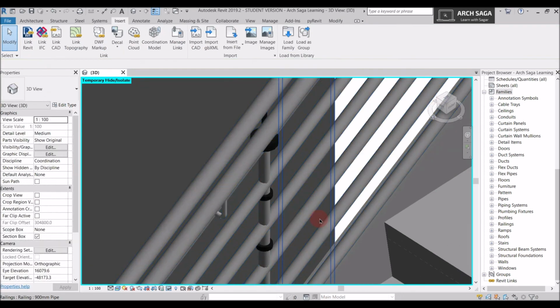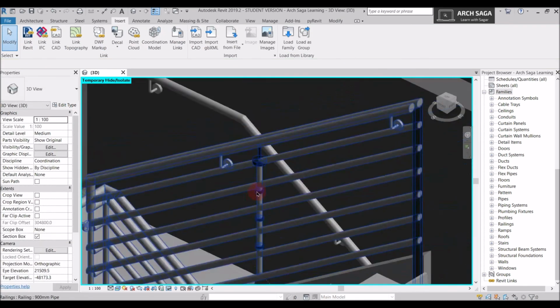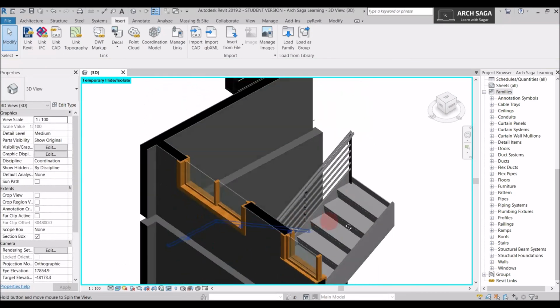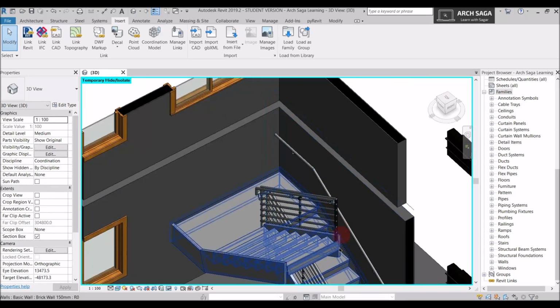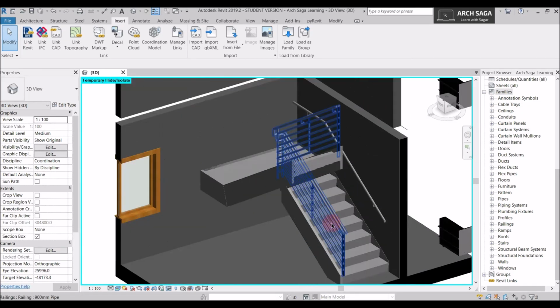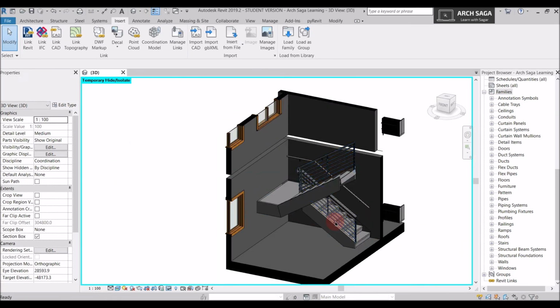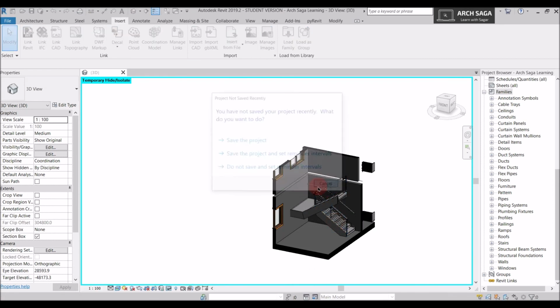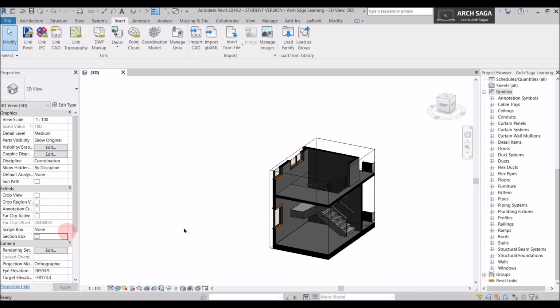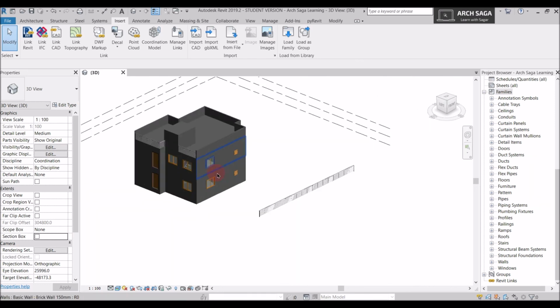And now you can see a new baluster is added. So similarly, you can add baluster type as you want in the list which I showed you. And I will just go back now. I will just HR, and we are back to our 3D view.